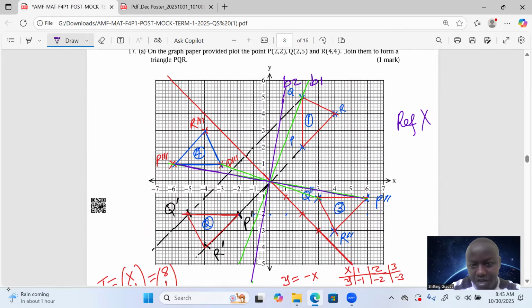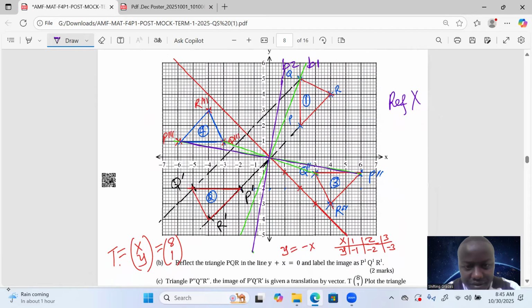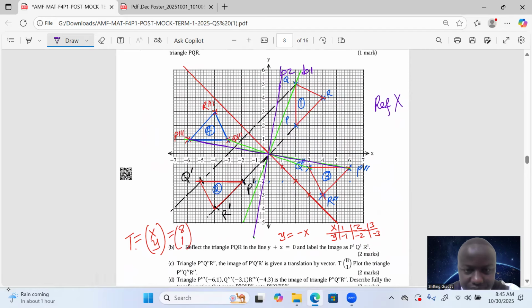Again, we can check for maybe a coordinate like R. If we connect R to the center and we move to R prime, you discover it's behaving the same. The line is just proceeding to the other side. This is an indication that